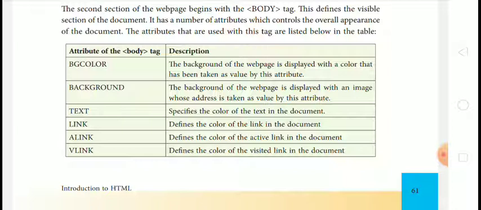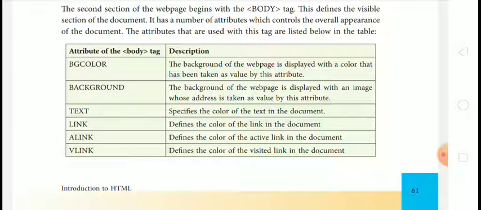The background of the web page is displayed with a color that has been taken as value by this attribute. Then background. The background of the web page is displayed with an image whose address is taken as value by this attribute.